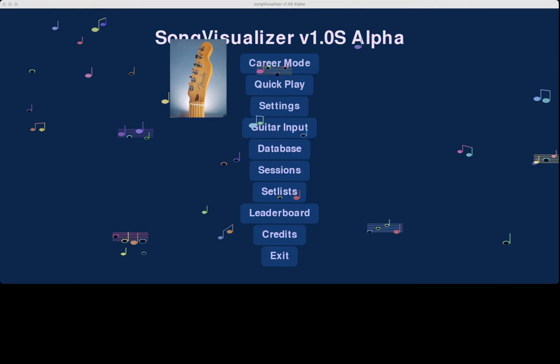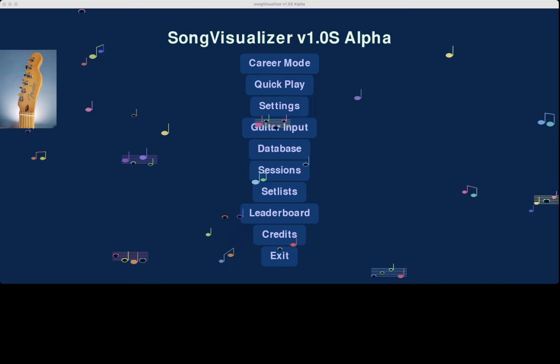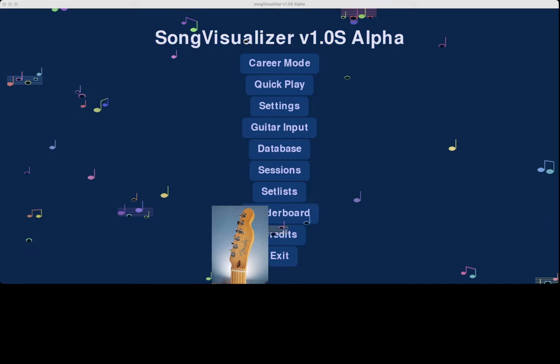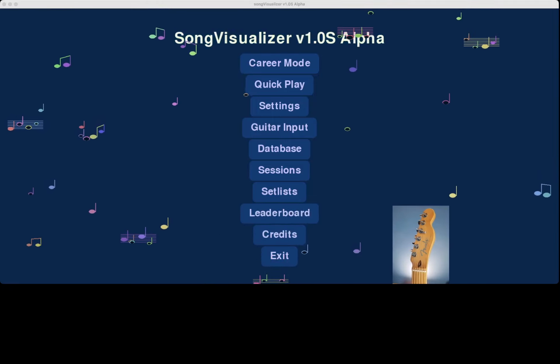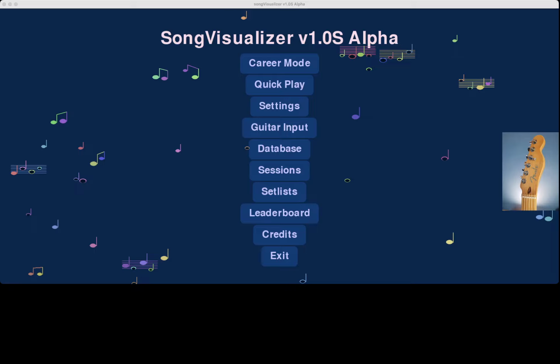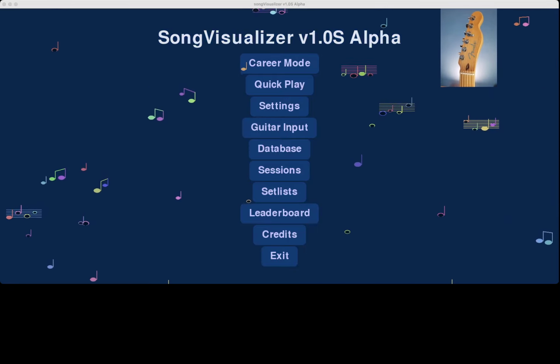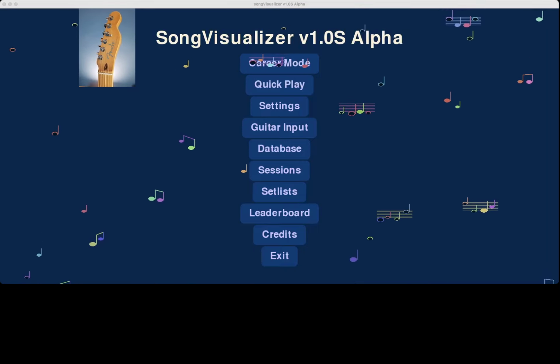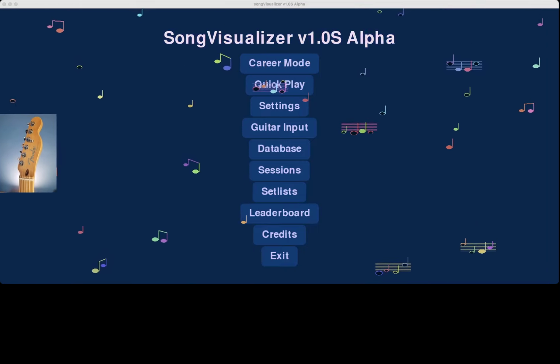Okay, I just want to make a devlog. SongVisualizer version 1.0S alpha. I'm just going to show the screen of the program here and try to talk over something that I found pretty interesting. So I just finished a session yesterday,